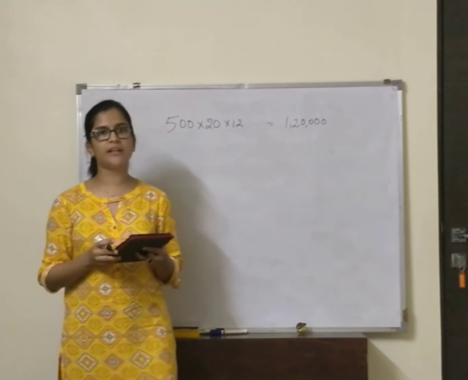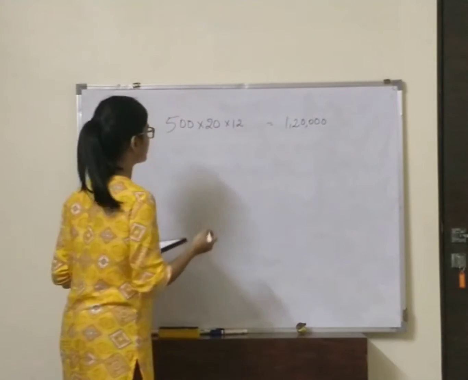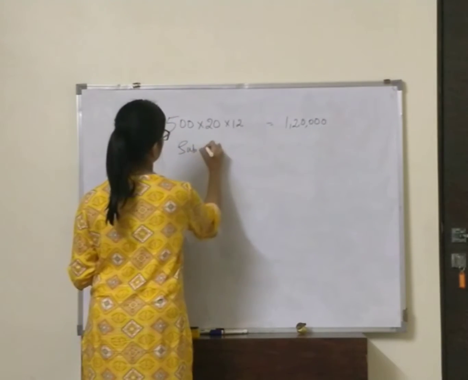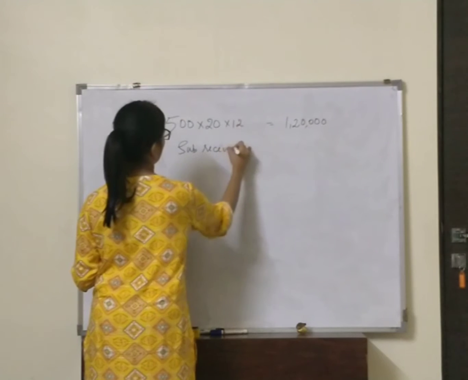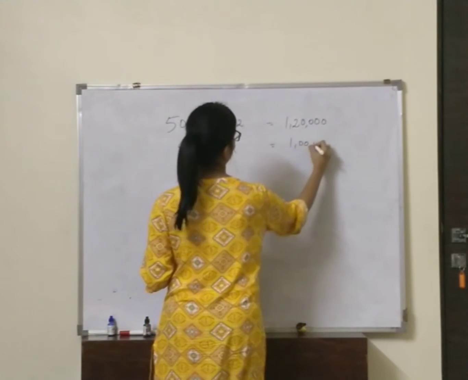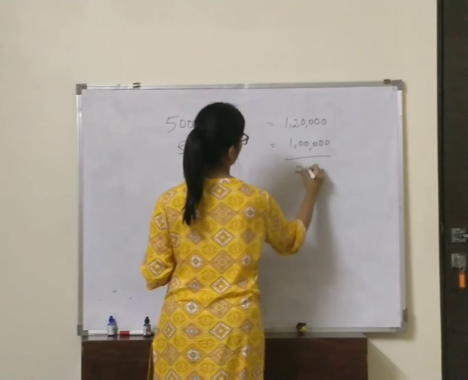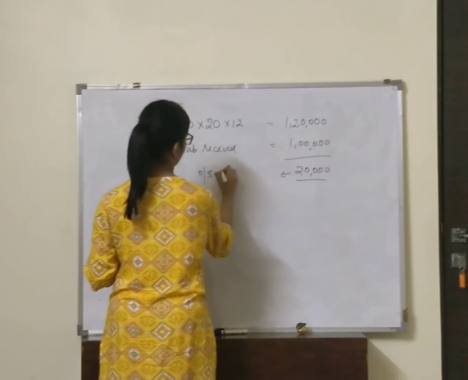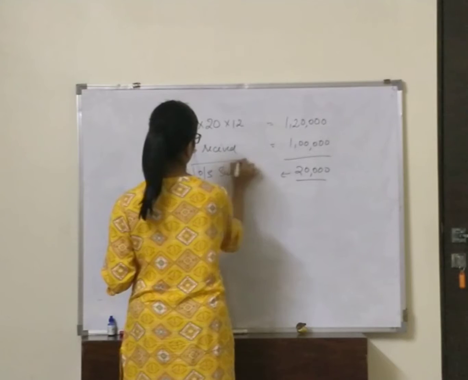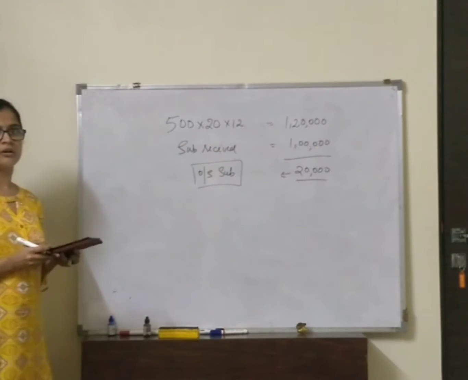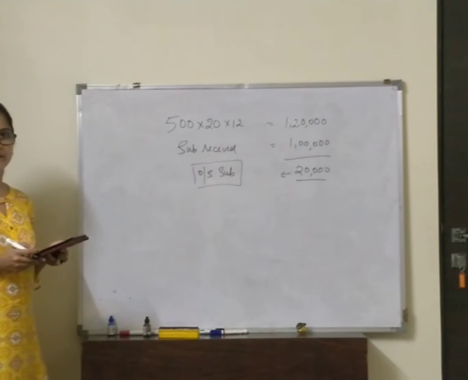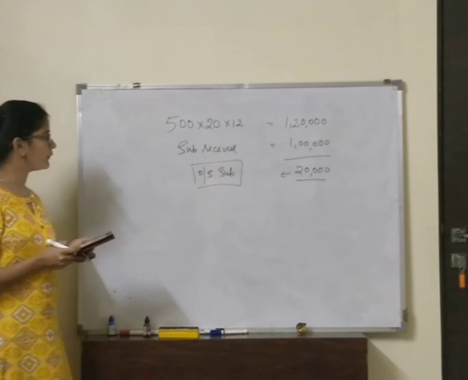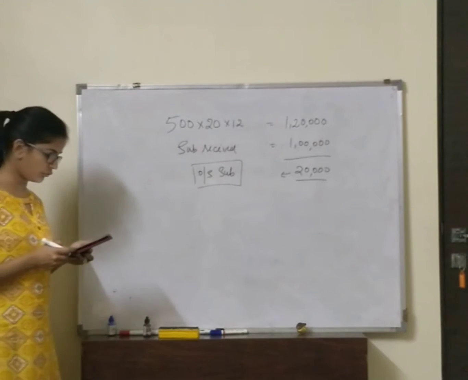And in the receipt and payment account, 2015-16 on the receipt side they have given us that we have received subscription. Subscription received how much? 1 lakh. So how much is remaining? 20,000. So this 20,000 is our outstanding subscription. So where will this be shown? Once it will be added in our income and expenditure account in subscription, and again it will be written in our closing balance sheet.